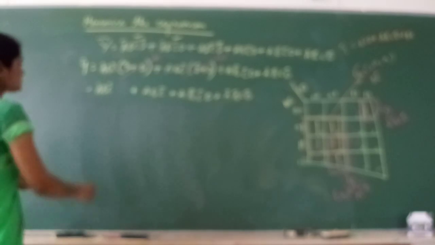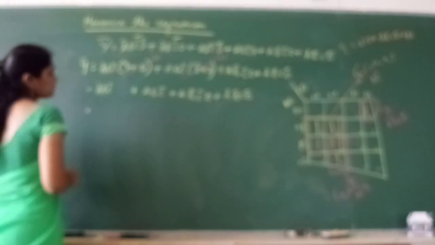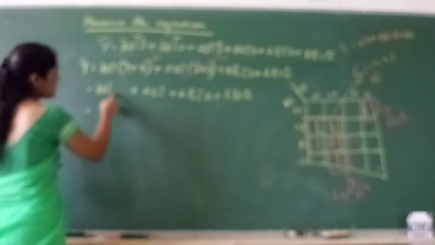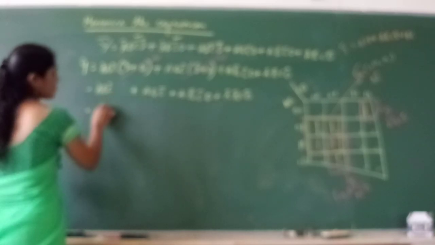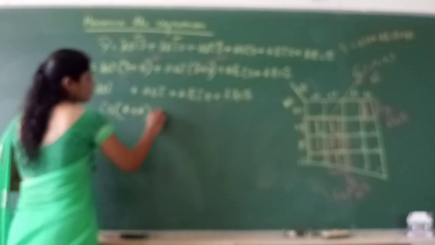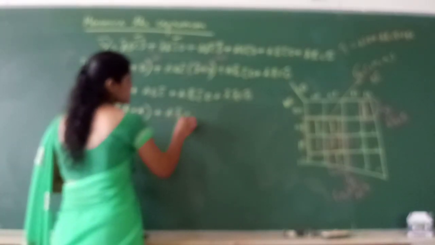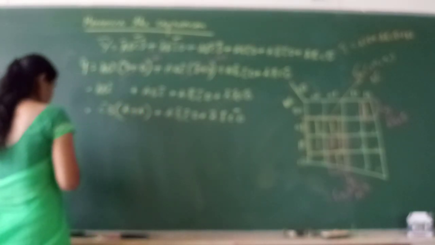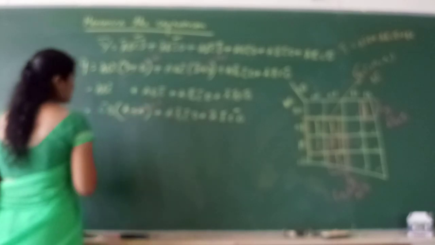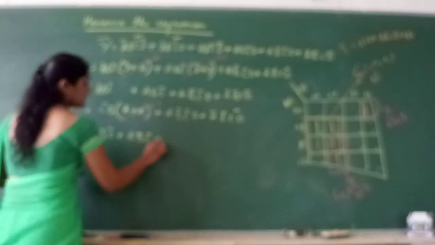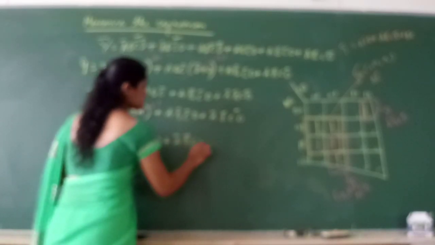Okay, now next. In these two, c bar b is common. So take c bar b outside. So it is a bar plus a, and then b bar c bar d plus a bar b bar c d bar. So what is a plus a bar? A plus a bar is again 1. So this will be b c bar plus a b bar c bar d plus a bar b bar c d bar.